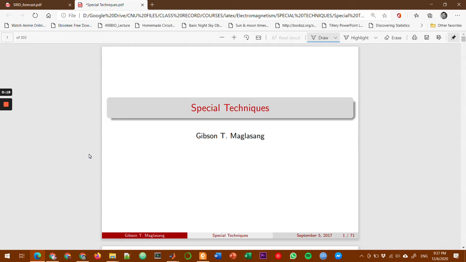So after learning those things in our previous discussion on finding the electric field using Coulomb's law, we can also find the electric field using Gauss's law, and also knowing those equations related to it in finding the charge density given the potential or the other way around. So next, we will now move on to some techniques that are useful in electromagnetism in finding the electric field, also the charge density, wherein